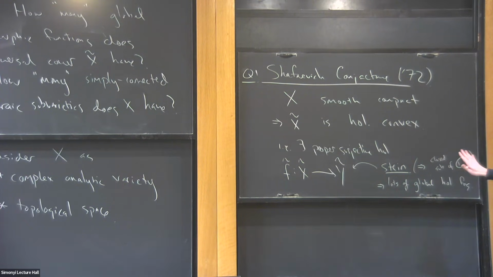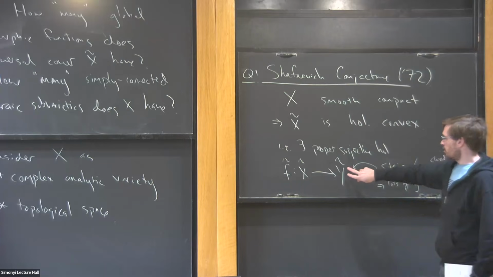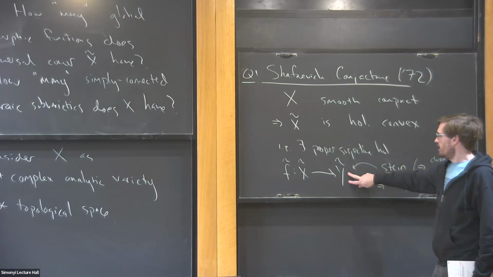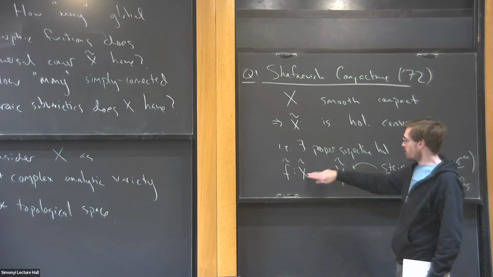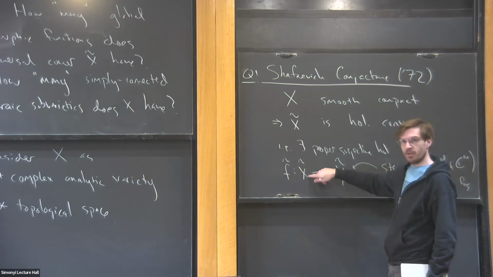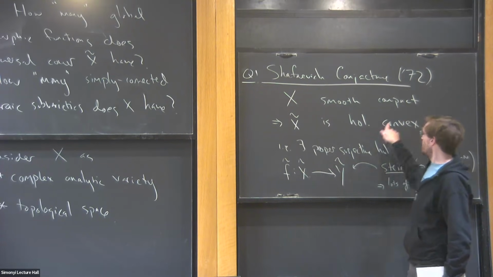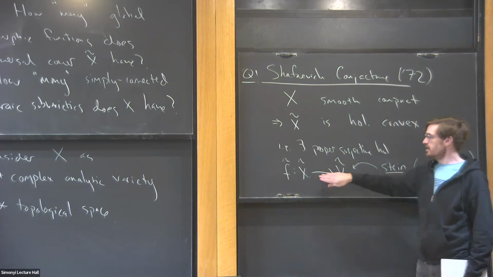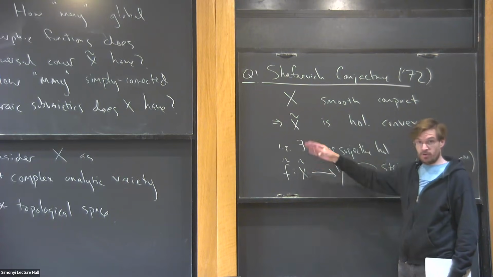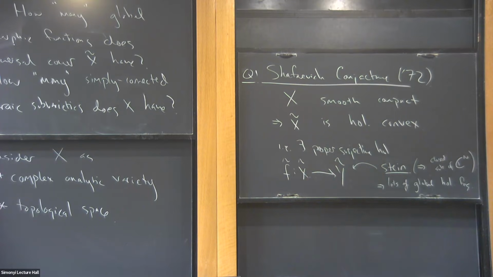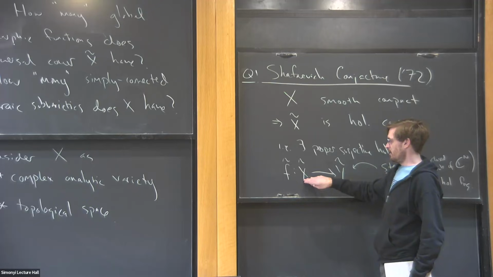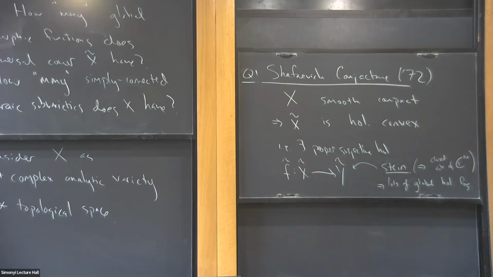Okay, so this is the precise sense in which I mean there are many global holomorphic functions. On Y tilde, there are enough global holomorphic functions to separate any number of points. Of course, this map is proper, so the fibers are compact, so I'm never going to be able to separate points in the fibers. But being holomorphically convex at least tells you that you have enough global holomorphic functions to separate points up to compact ambiguity. The set of points that have the same value for all global holomorphic functions forms a compact set. Okay.